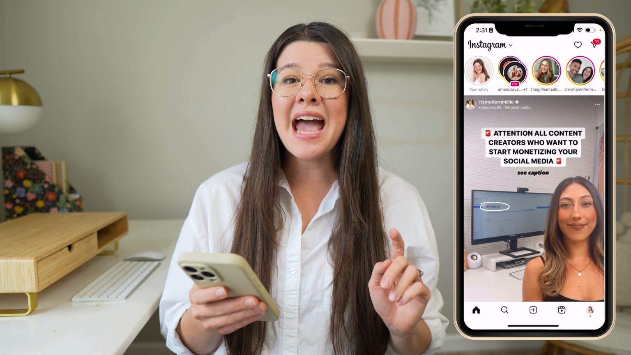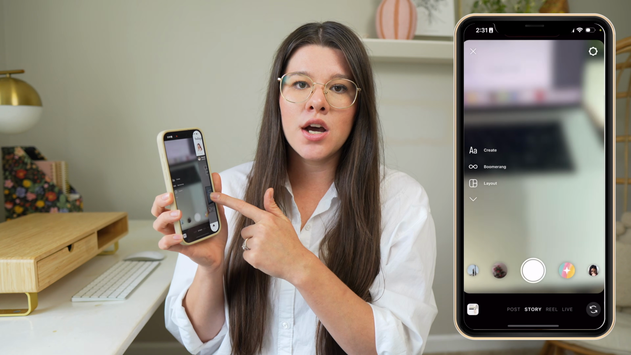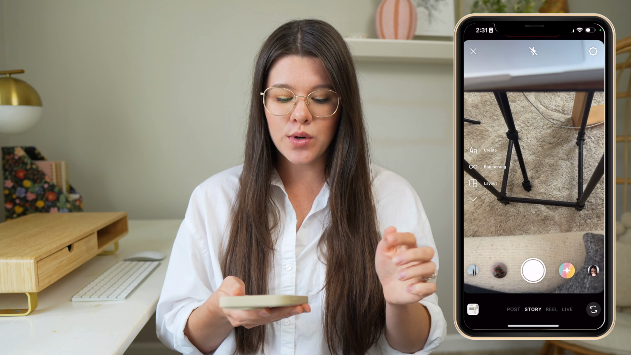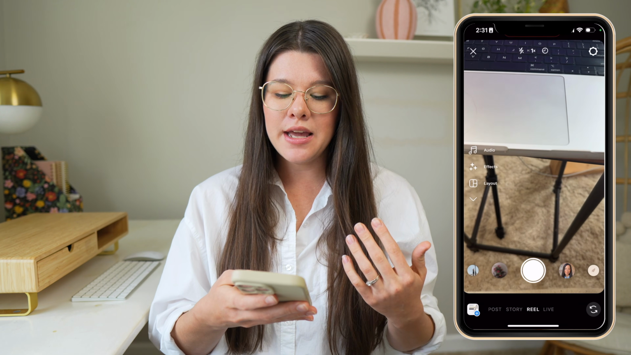And let's go ahead and dive into the tutorial. All right, so first step is to navigate to the Reels editor. You can do this by simply swiping over on your screen where you would go to create a story, and then you're gonna tap on Reel down at the bottom, and then that's where you're able to edit reels and